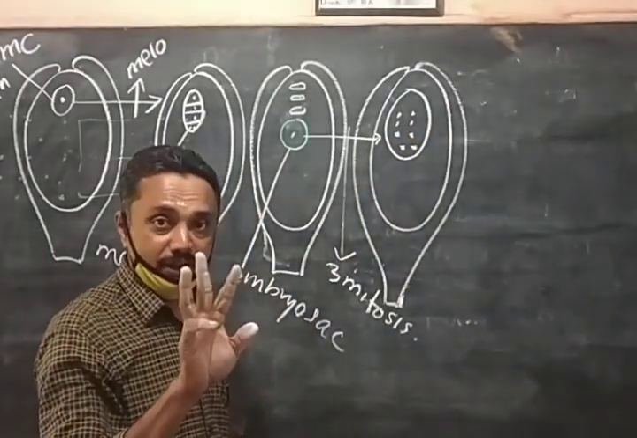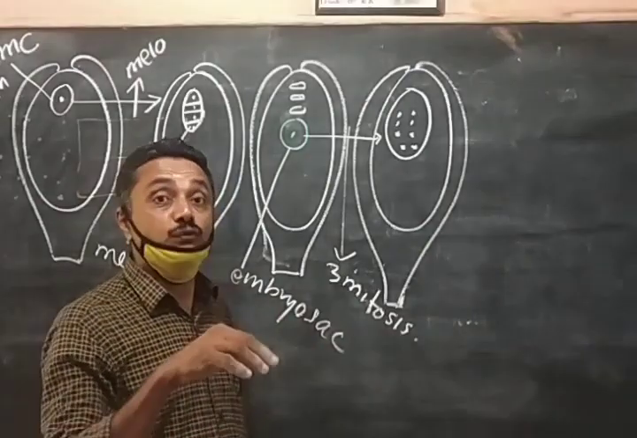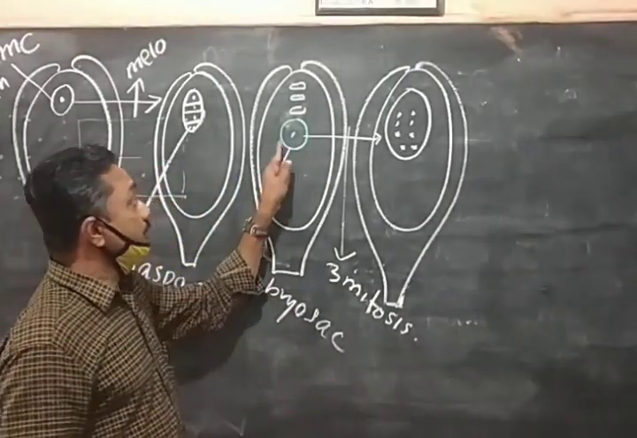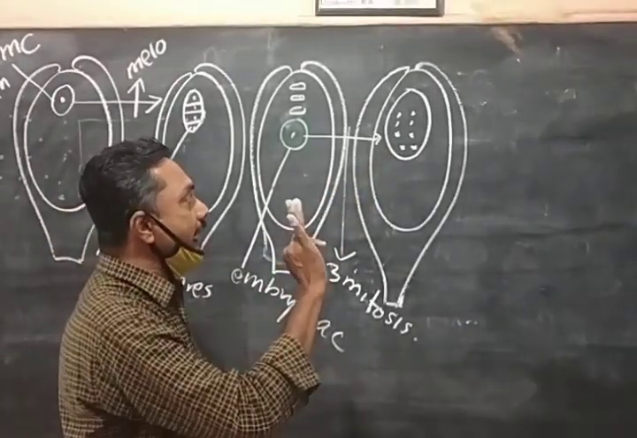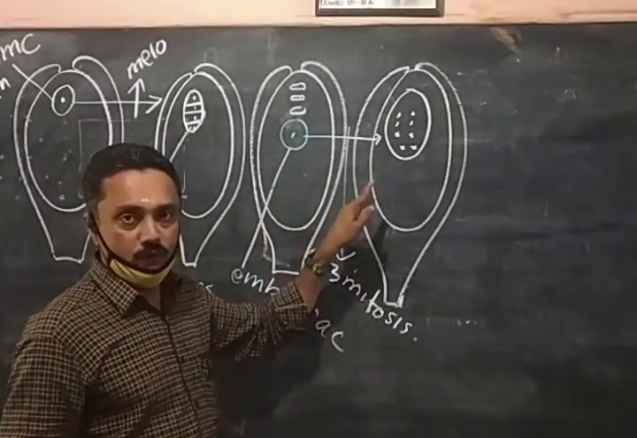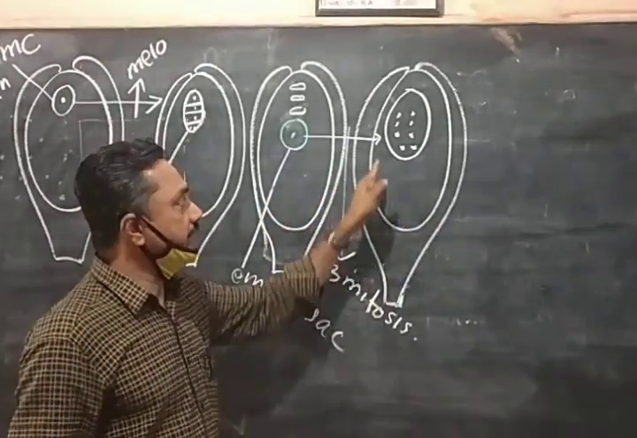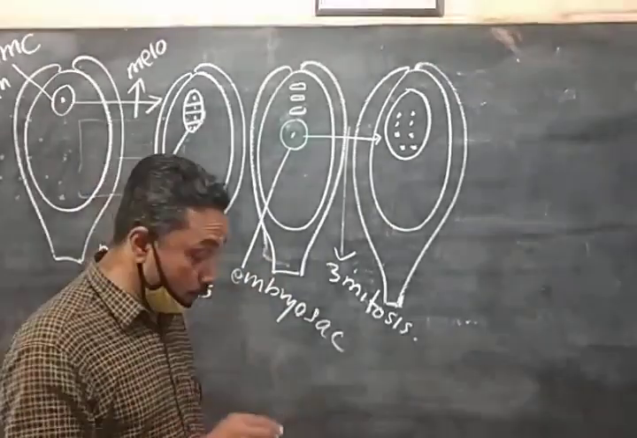See, three mitosis. 1 into 2, 2 into 4 and 4 into 8. So the nucleus divides 3 times by mitosis into 8 haploid nuclei. Remember that meiosis is over, so all are haploid. Then, of the 8 haploid nuclei,